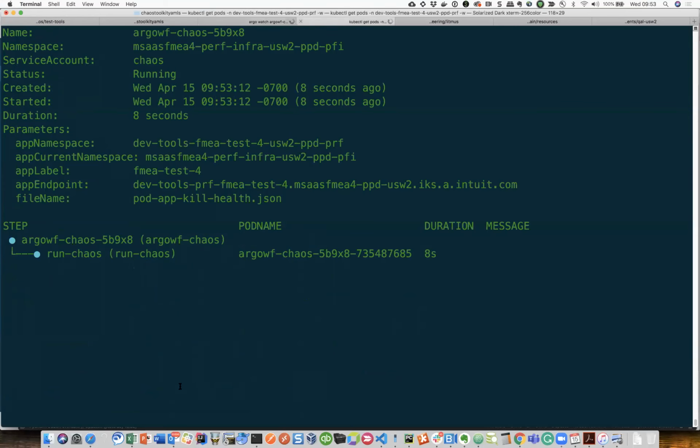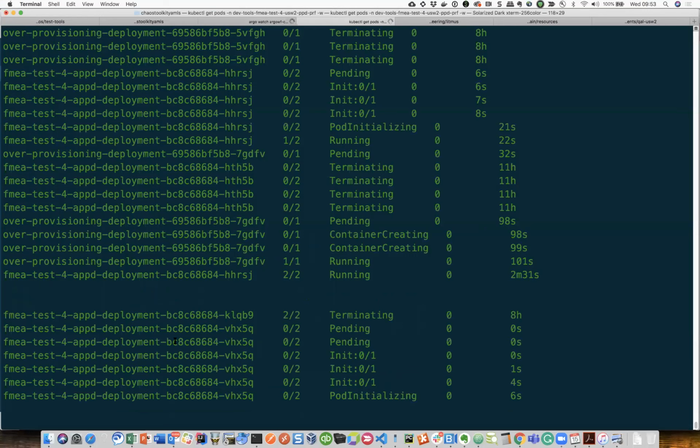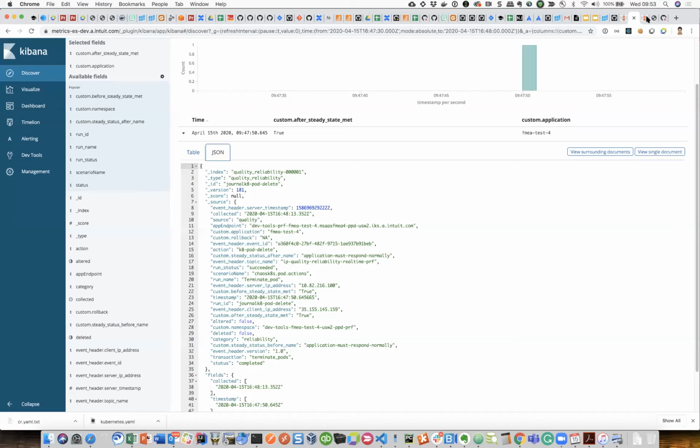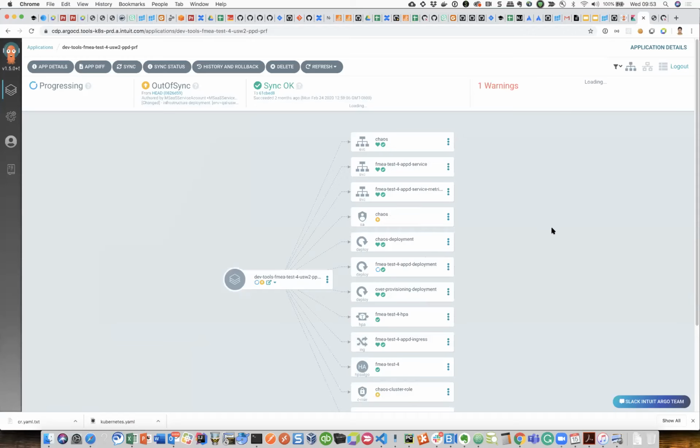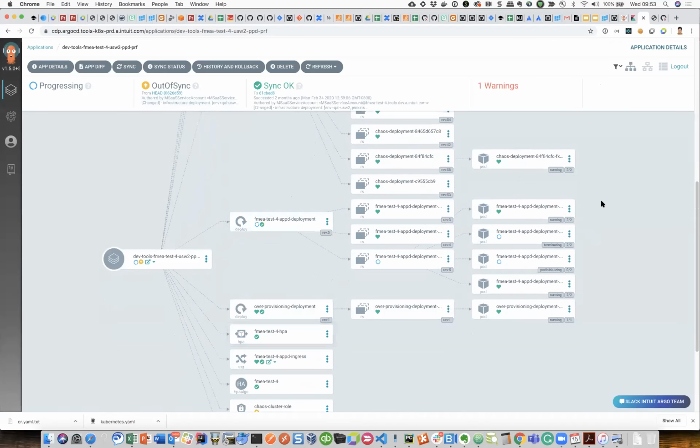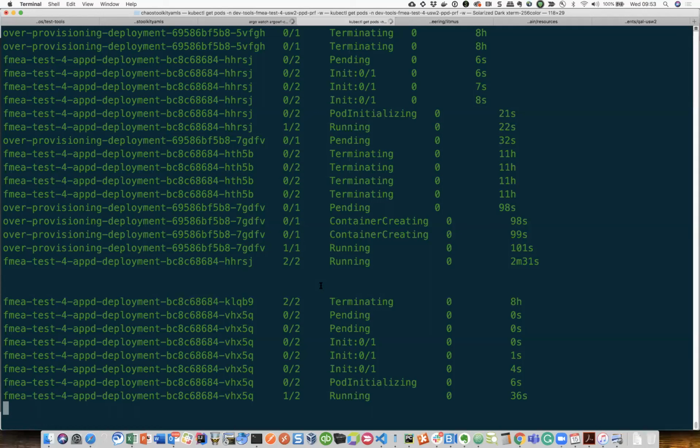So now here I just did that, and if you could see, this thing has already started. As we are loading the Argo part, through Argo CD you could see that this one is also done. One pod is terminated, another pod is coming. And here also you could see that. At the same time, we can go and look into the log.